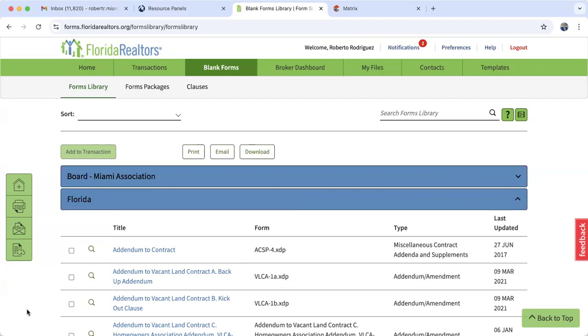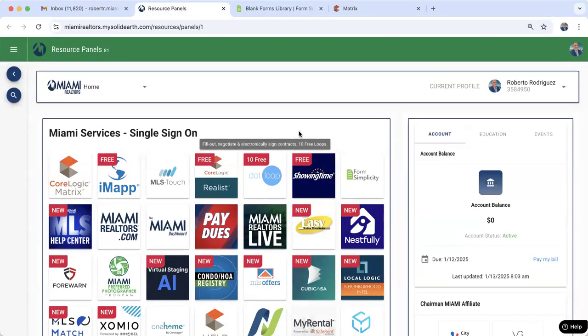All right, so let's go ahead and get started. We have a lot to cover. We will cover both listing agreements on the sales side and on the lease side. And we're also going to show you how to fill them out and begin a transaction there inside of Form Simplicity. All right. So, of course, we are going to log into Form Simplicity, and you guys can find that